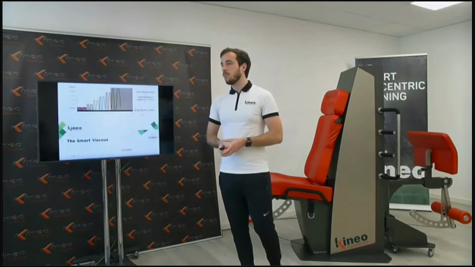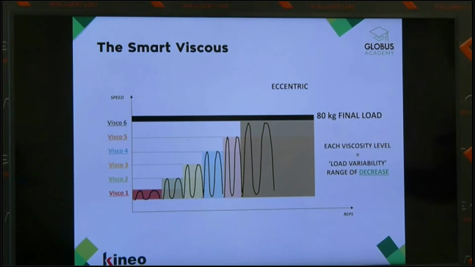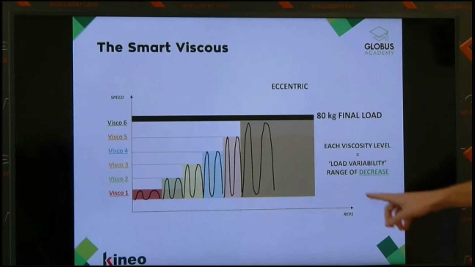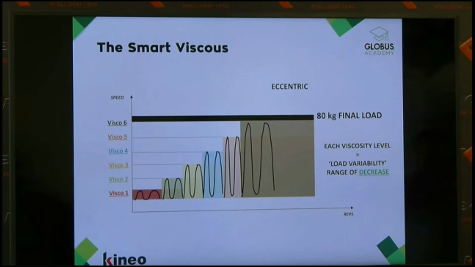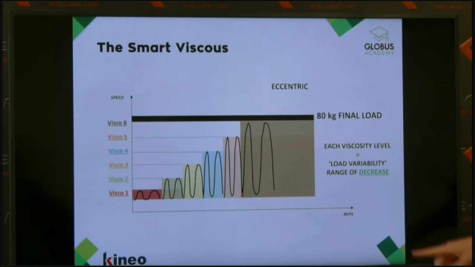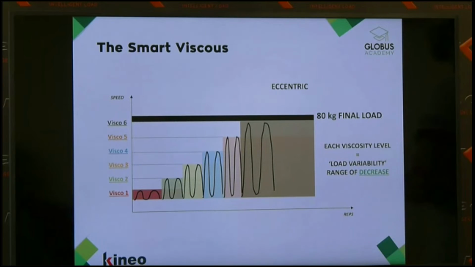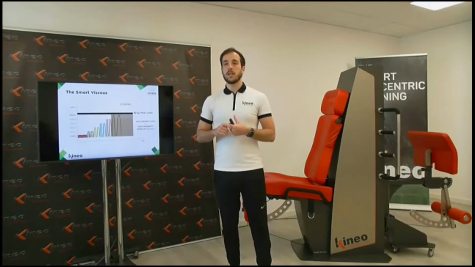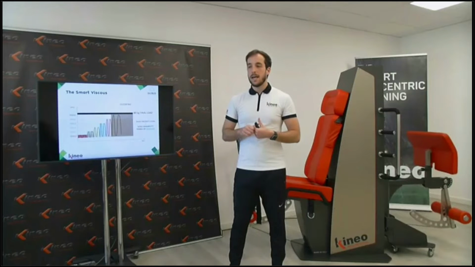Then, if we see what the eccentric behavior is during viscosity, of course it is the same, but done in the opposite way. Now you can see that our final load is 80 kilograms, because we ended, for example, the movement of squatting. We are in an upper position, in an extended position, and we have 80 kilograms of eccentric. Here, each viscosity level has a load variability or range decrease, because try to imagine this. If you are doing an eccentric of 80 kilograms on your shoulders or with the squat, and you are not sure if you have the possibility,